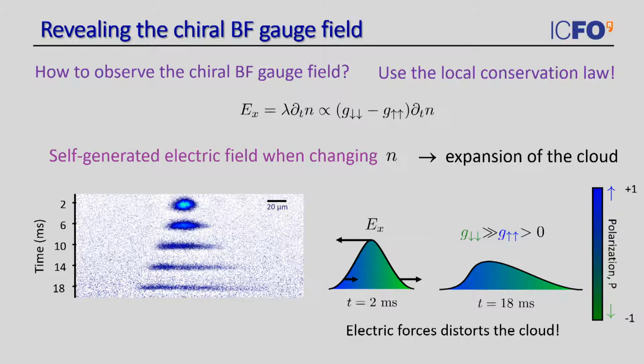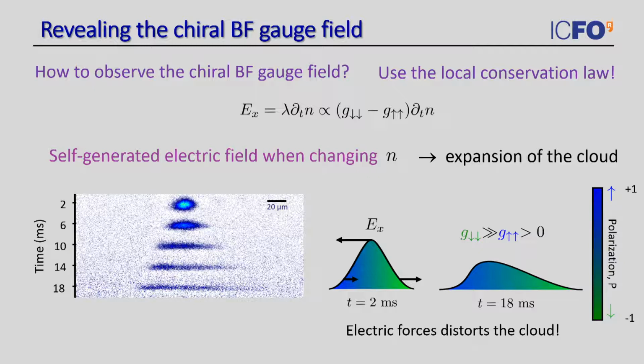So what is happening is that the density, when we do the expansion, drops in the center of the cloud, but needs to increase in the edges. This is going to give rise to electric forces that point in opposite directions in the center and in the edges. And also, the forces in the edges are not identical because the density does not drop in the same way. And then what you get at the end is a very complicated distribution of forces that is going to skew your cloud, and that's what is going to make it asymmetric. So actually, having an asymmetric form of the cloud after the expansion is telling you that you have this self-generated electric field.